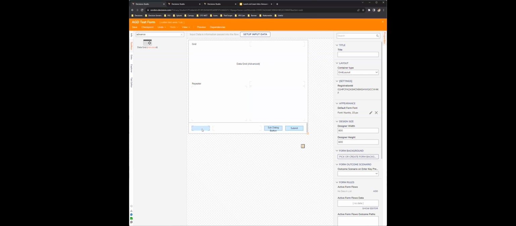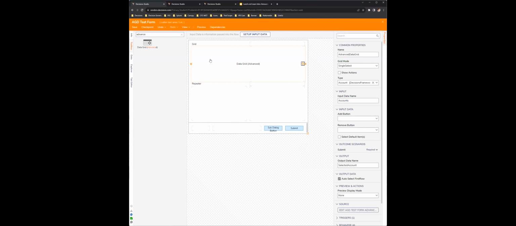Actually, ideally, as I provided in the question, you have two data grids. You basically move the first row from one advanced data grid to the other one without marking it, without doing anything about that row. So within the active form flow, you pick the first item, the first row, from the output of the grid, and you don't pick it. It's just an example, but you don't do anything on the grid itself. You don't mark any item. Okay, so let's try to build that out real quick.